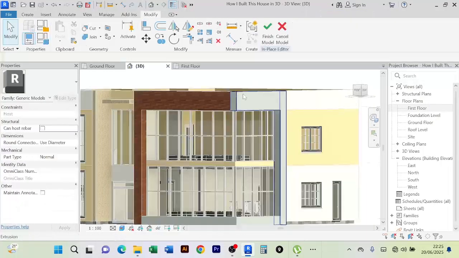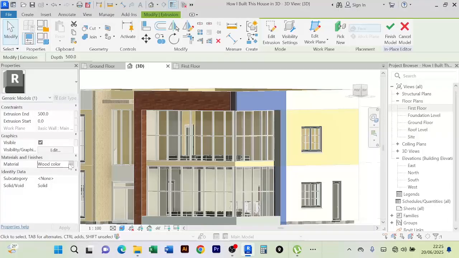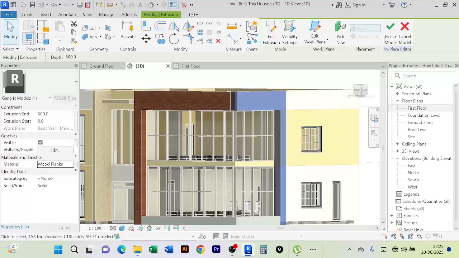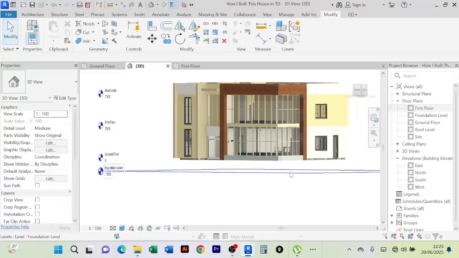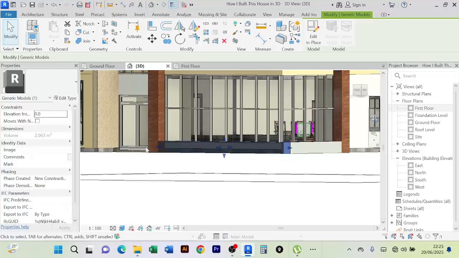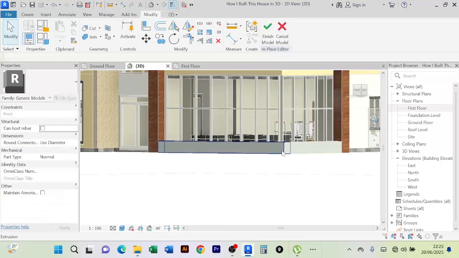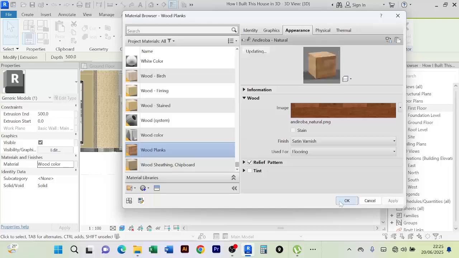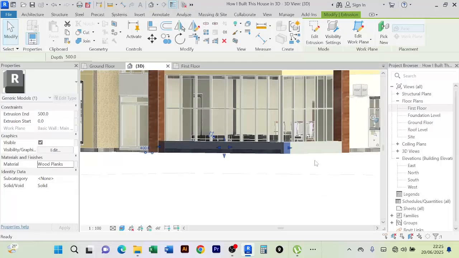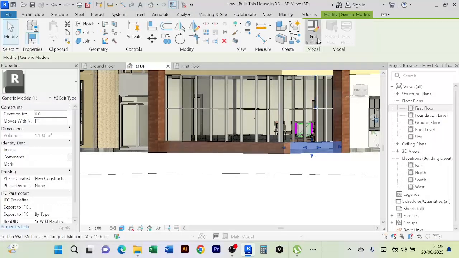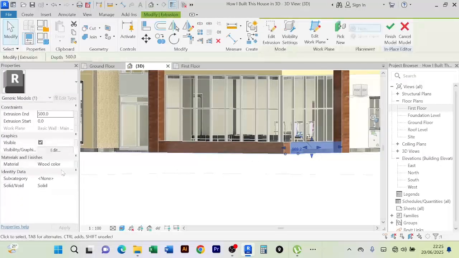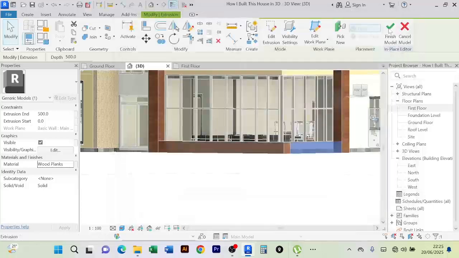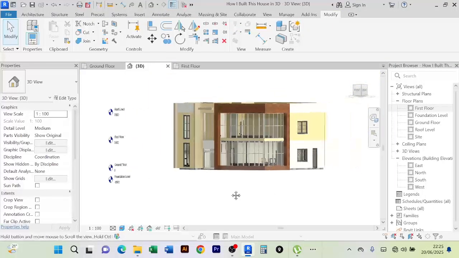Edit in place. Click on it again. You come to material. You click on that. OK. And apply. Then down here, you edit in place. Click on it again. Come to material. You change that. Click OK and finish. One more time, edit in place, click on it again, come to material, click on this, click OK, then finish. So something like that,